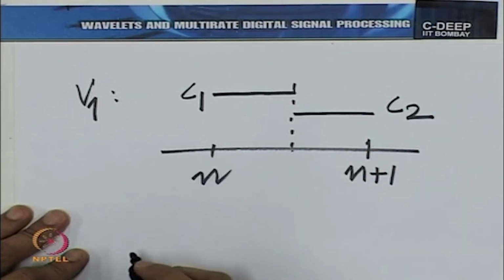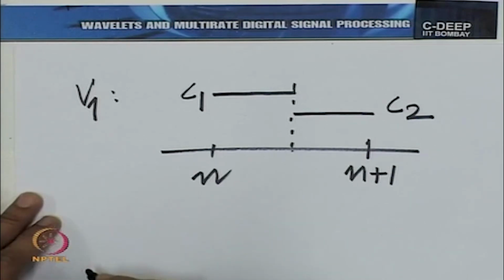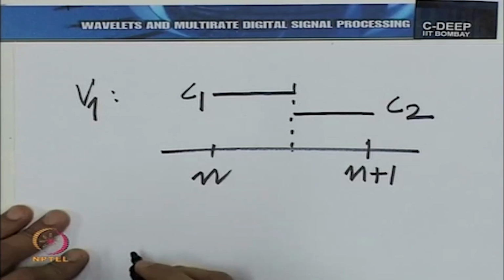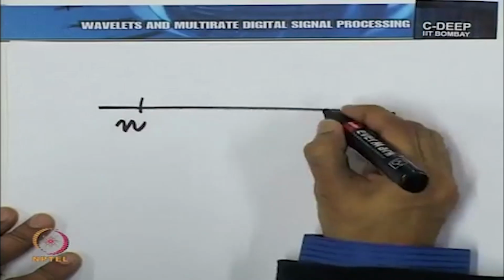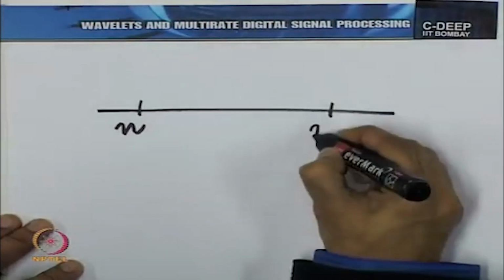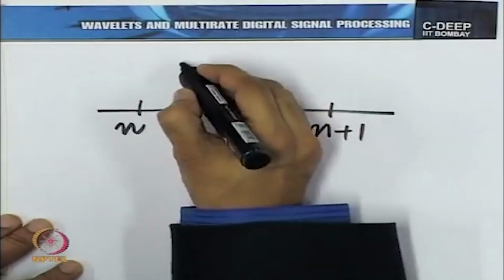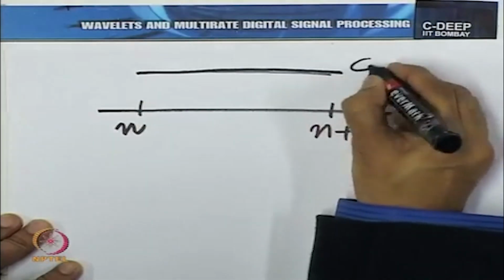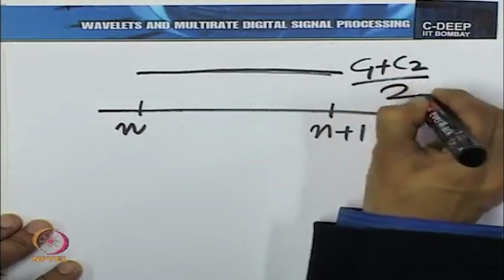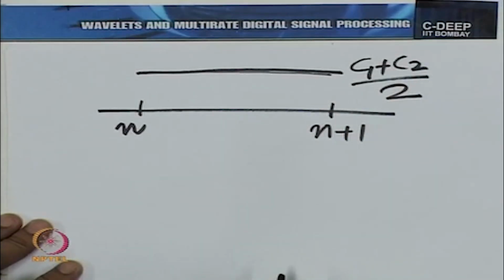It is very easy to see that this can be treated as a function belonging to V0 plus a function belonging to W0, where the corresponding function belonging to V0 looks like this. So, this function is equal to this function, (c1 plus c2)/2 over the interval n to n plus 1,